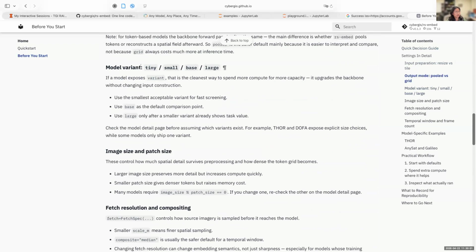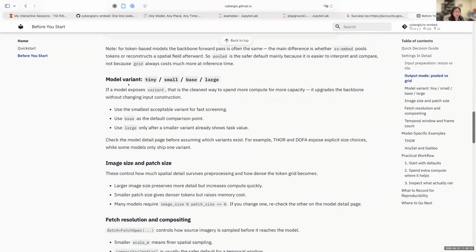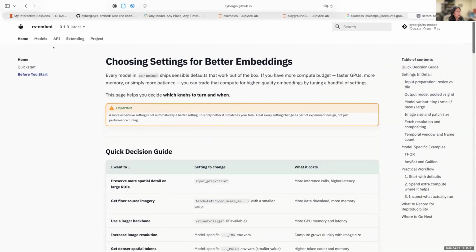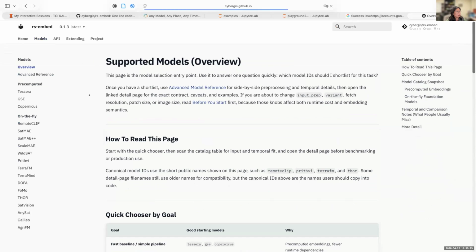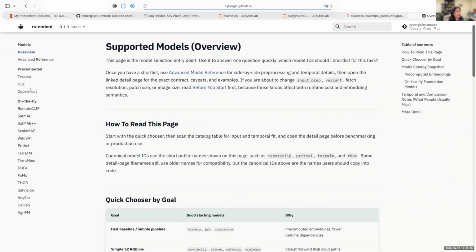We also support model variants. Some of the foundation models provide different types of model, like tiny, small, base and large. You can also access them by passing the function the hyperparameter. And another thing is the models. We have the documentation here. Every model has its own